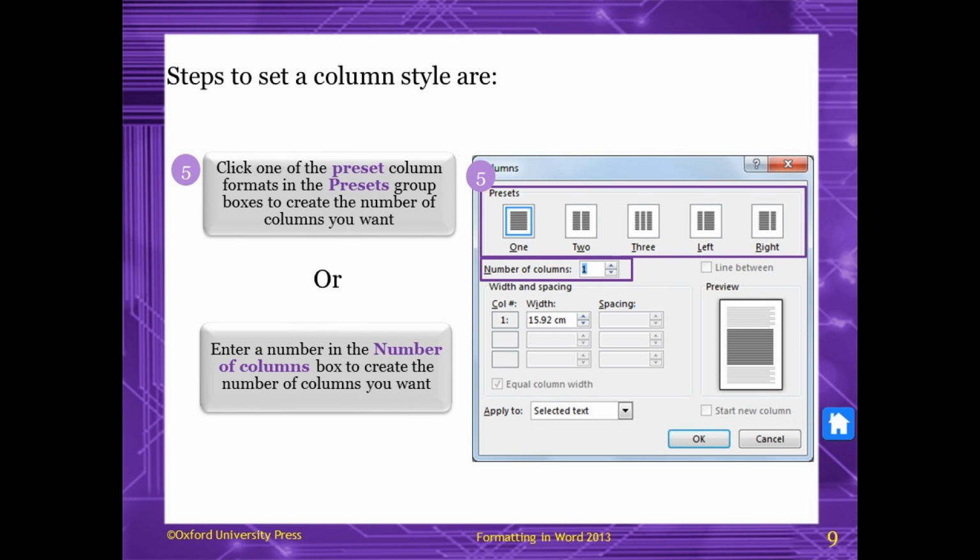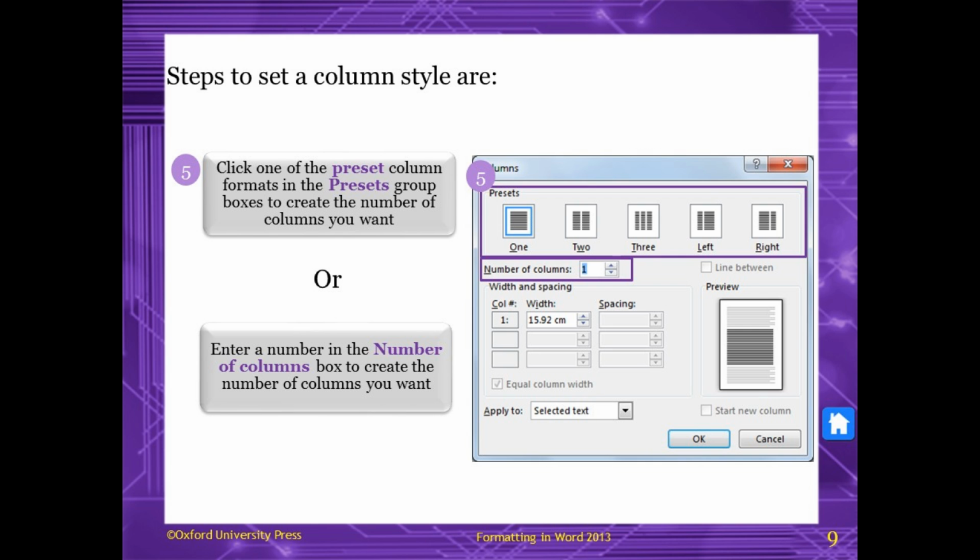As you open the Columns dialog box, you see a list of preset columns that allows you to select and change the style of the columns you want.